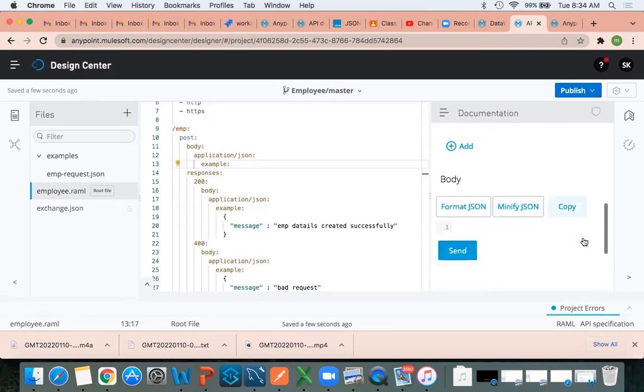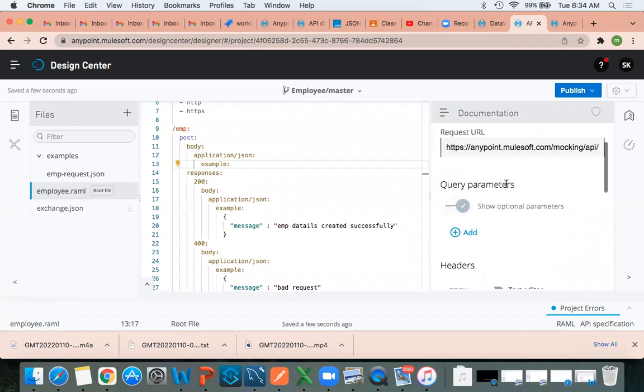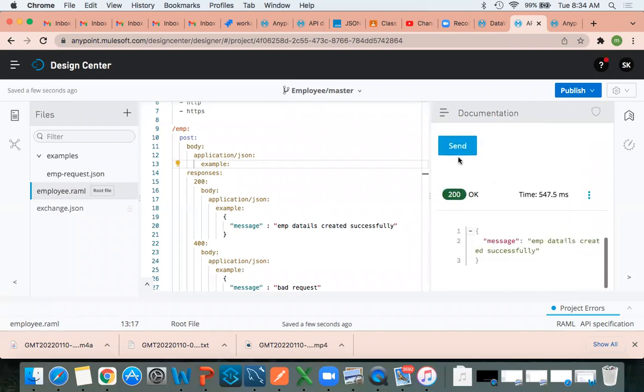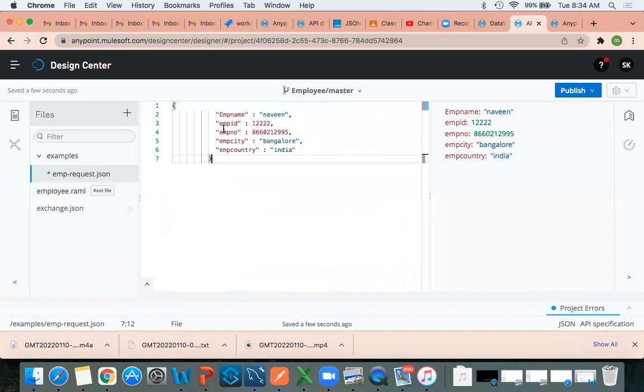I'll get an error, bad request. Why is it still coming? It shouldn't come. Okay. So I'll come here. I can paste this here. Is this valid JSON? How can you say? In the console view, if you get something in the preview, this is valid. See, now there is no preview. That means something is wrong here. So this is one way you can test.